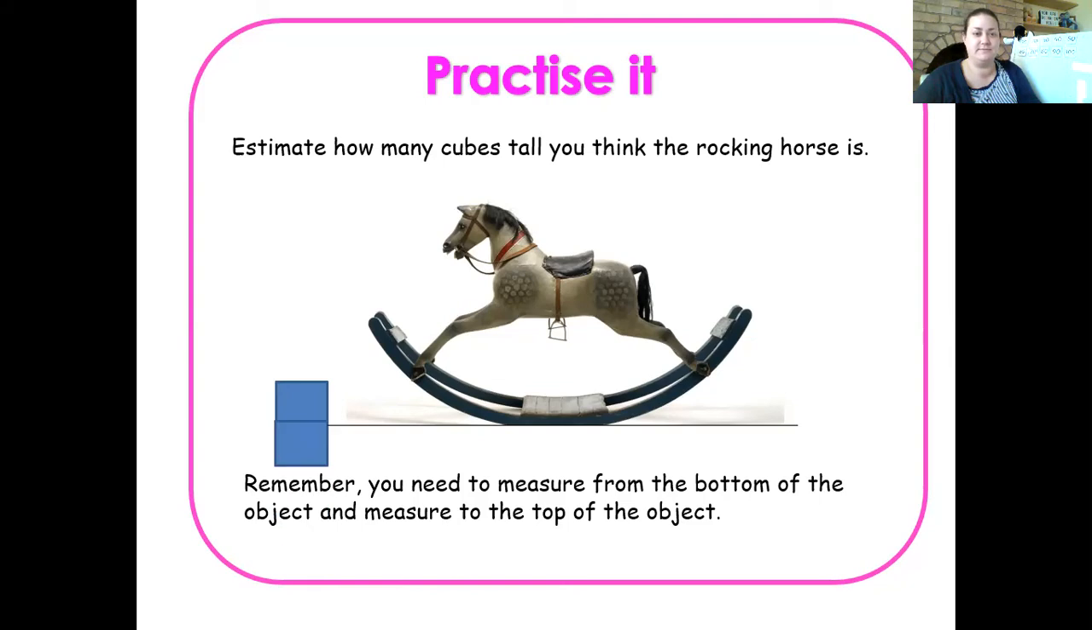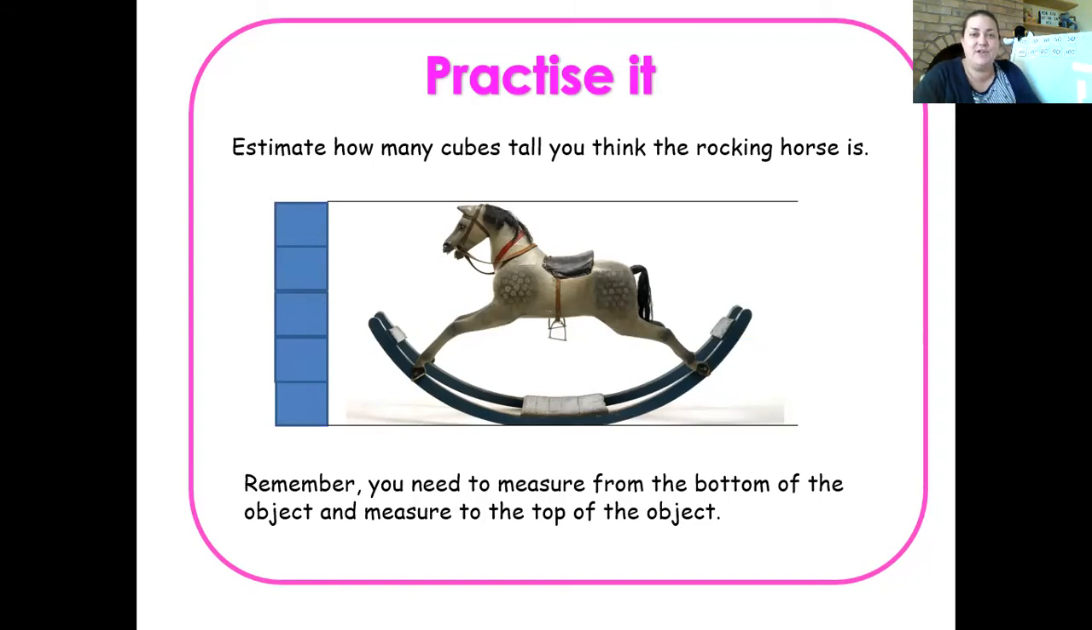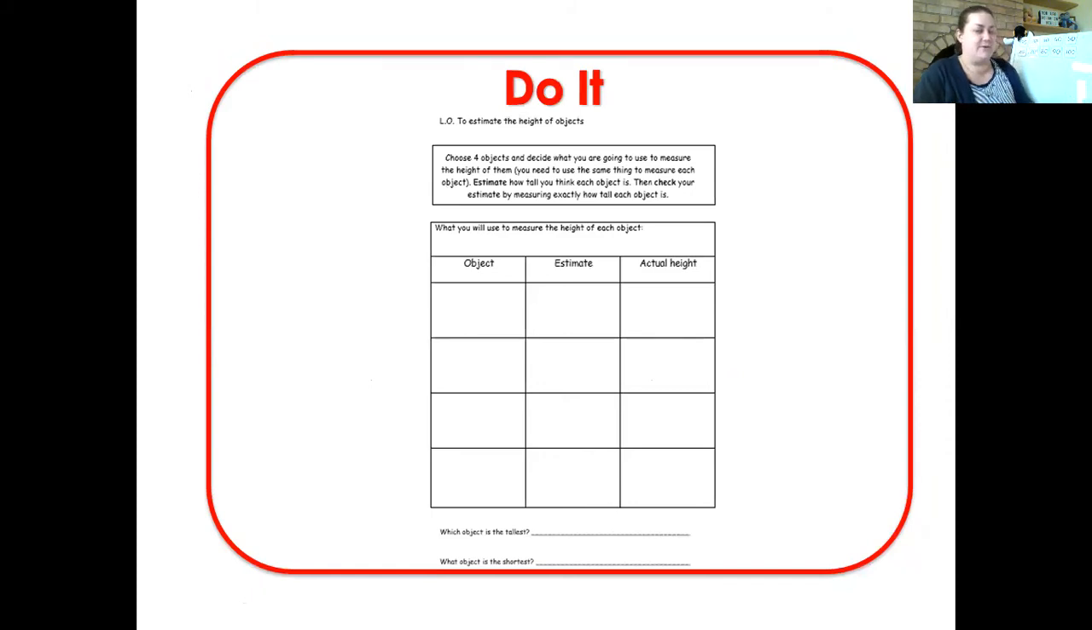So 1, 2, 3, 4, 5. 5 cubes tall. Okay, now can you see we've gone right from the bottom of the rocking horse right to the top of the rocking horse. And I've used the same cubes each time. And I use the same cubes to measure the teddy as well. All right, so remember, estimating, you are just having a sensible guess, because what you're going to have a go at doing now is you're going to have a go at